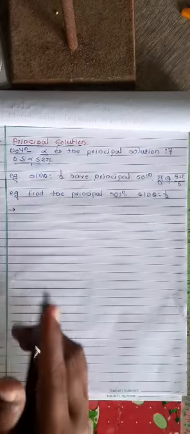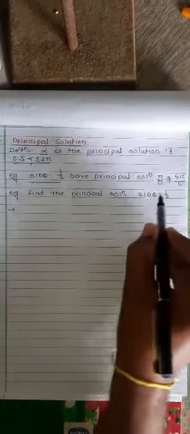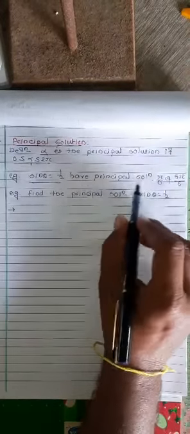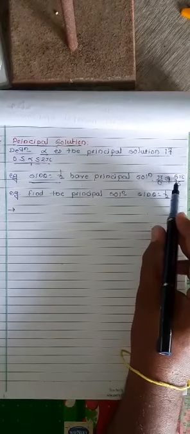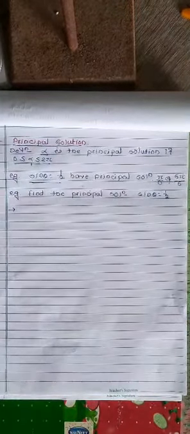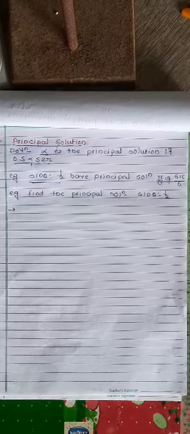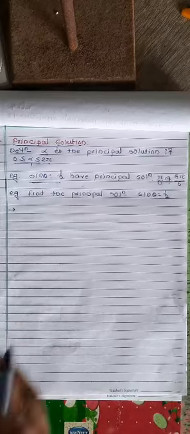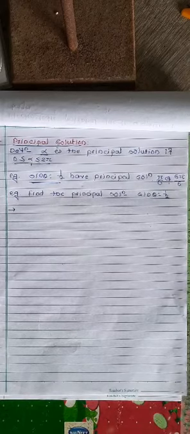Now, an example: suppose sine of theta is equal to 1 by 2. If we calculate the value of theta, the principal solutions are theta equal to pi by 6 and also 5 pi by 6. This is the example. So a trigonometric equation that gives two or more values in this range gives the principal solutions.